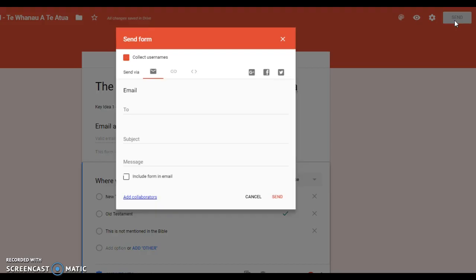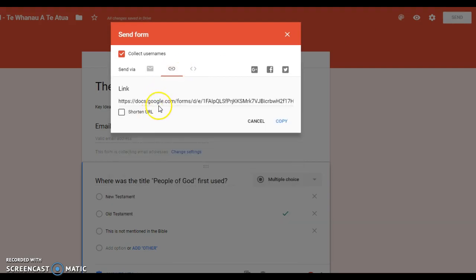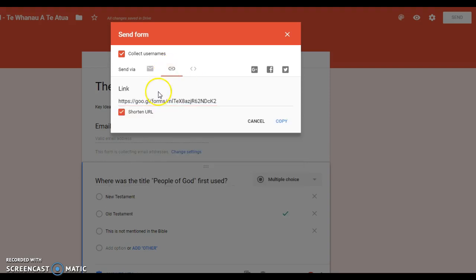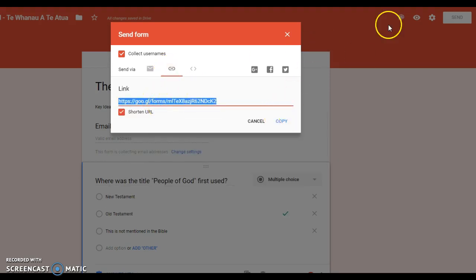So there's a couple of ways we can do this. Option number 1 is that we can send it to them in a link in an email, or it could also be placed up on our class site as well. So you have the option of shortening that. Option number 2 is that we can also send it in an email to them with a short message. So let's review. If I send them this link,